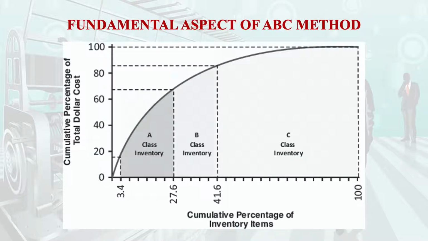This is a picture of ABC classification, where you will find at the left hand the A category, where the number of quantity is less but the value is high. In case of the C category, the number of quantities is very large while the usage value is very low.